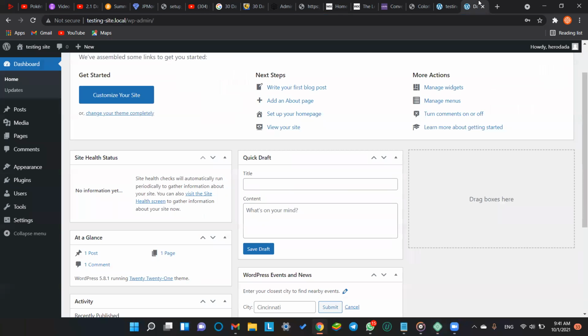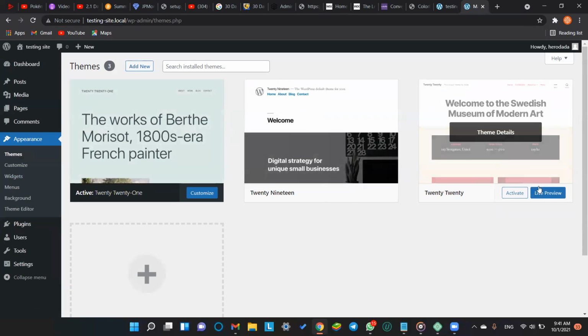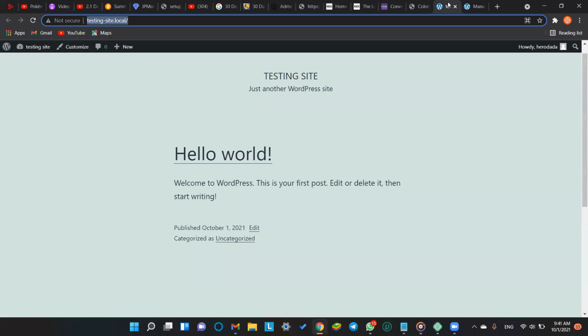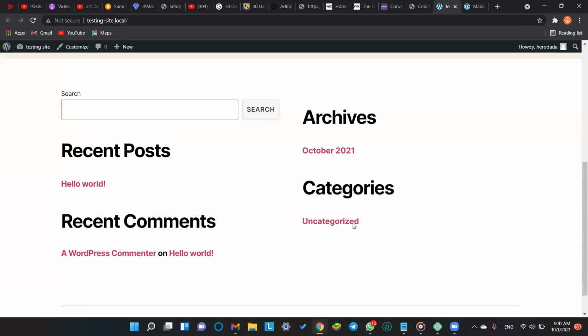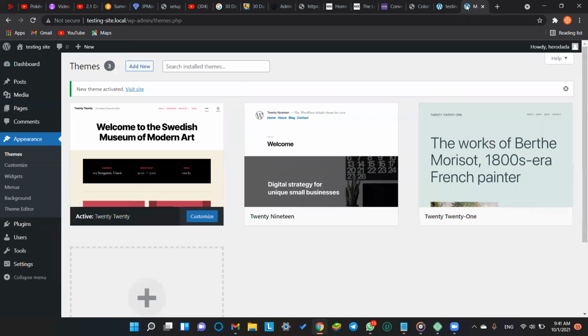So here in the admin panel, I will just do some changes. I will apply a new theme, and then let's check out what the appearance of our new website is. So I will go with the default one. Activate. Okay, now the site is activated, I guess. Let's check. Okay, you see the theme has been applied successfully.